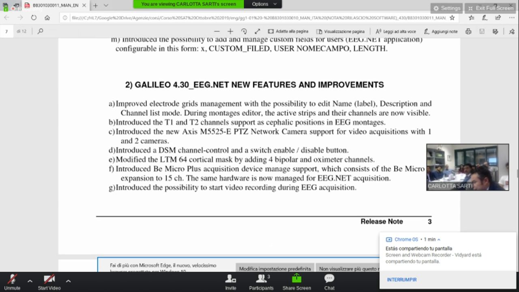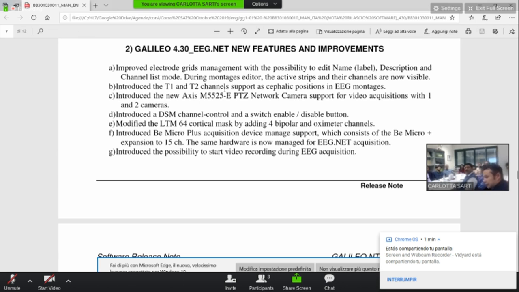Then in Galileo line EGNet, we introduce improvements. I will read this with you. We improved electric grids management for the DSM application. I don't know if you use in your country this type of application, but our system can be used for